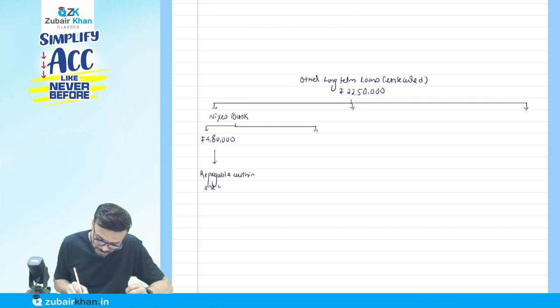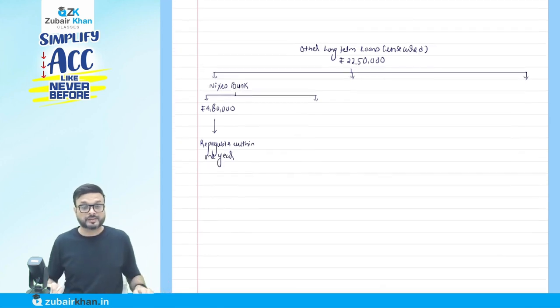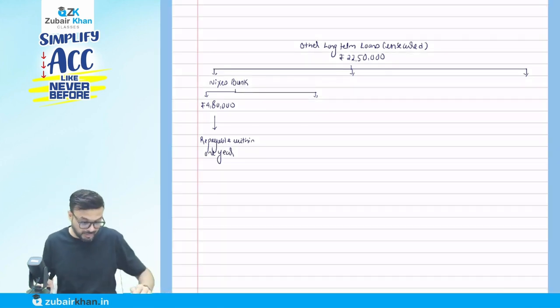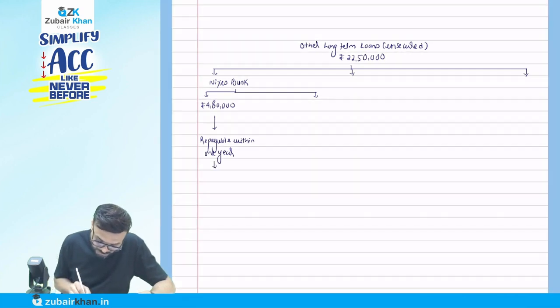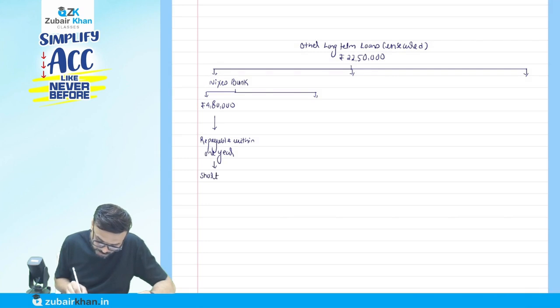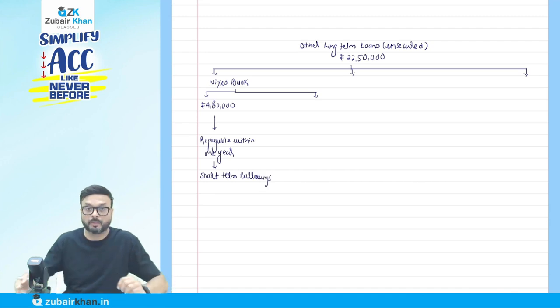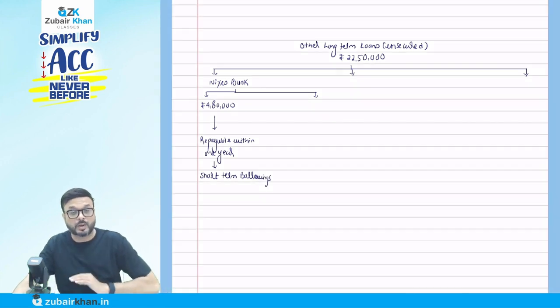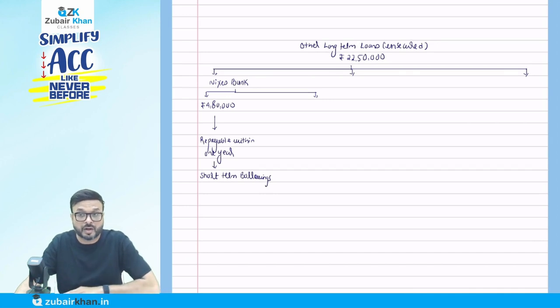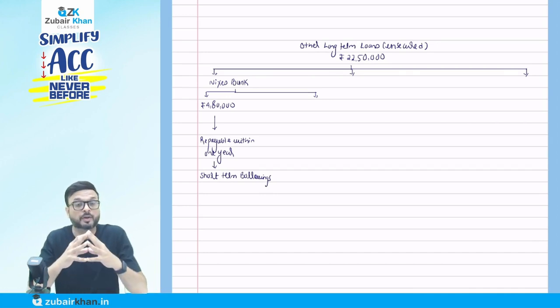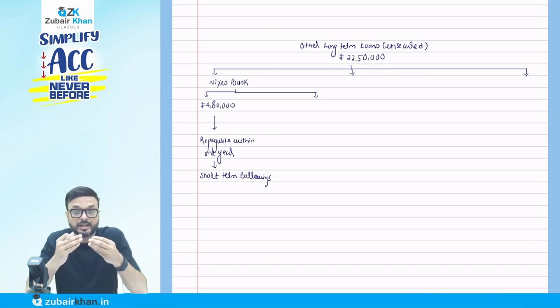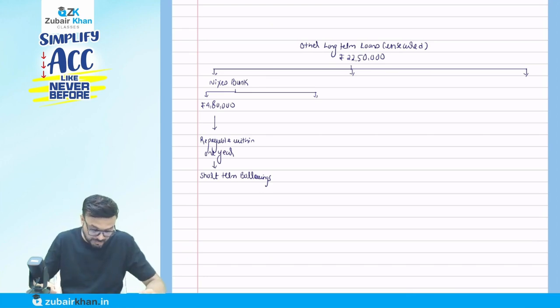If it is repayable within 1 year, what do we call them? We are going to call them short-term borrowings. Okay, this is why it is going to come under short-term borrowing. So write down short-term borrowing. Why is it short-term borrowing? Because it is mentioned in the question that out of that 13 lakh 80,000,